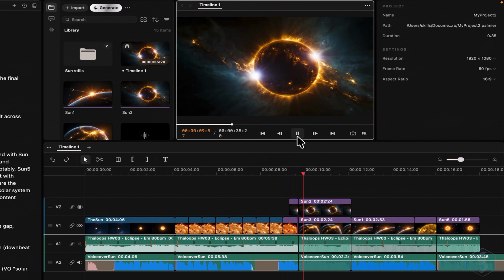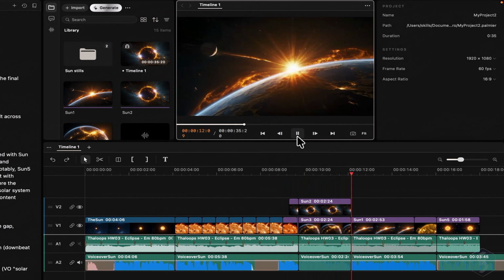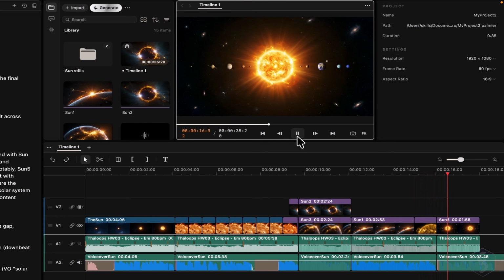It is so large that more than 1 million Earths could fit inside it. Everything in the solar system moves around the sun because of its strong gravity, and this gravity keeps all the